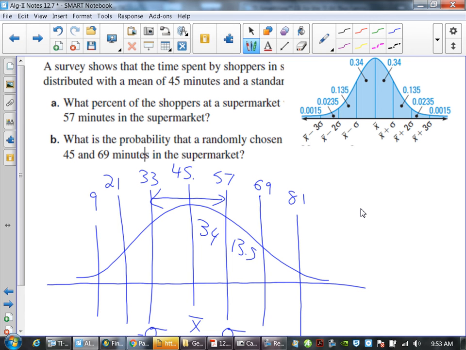So anything above 3 standard deviations just means that in this data set, 0.15% of the people surveyed spend more than 81 minutes in a grocery store. Who spends that much time in the store? My mom. It depends on how much you know. To be honest with you, this seems like a weird data set, but